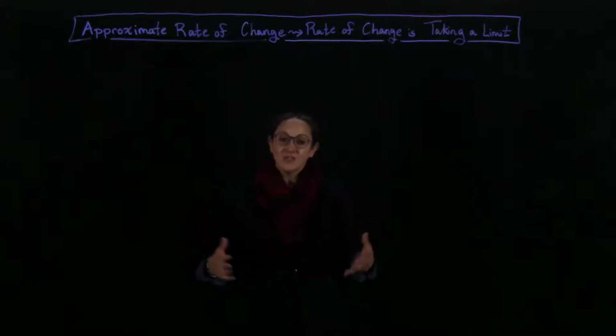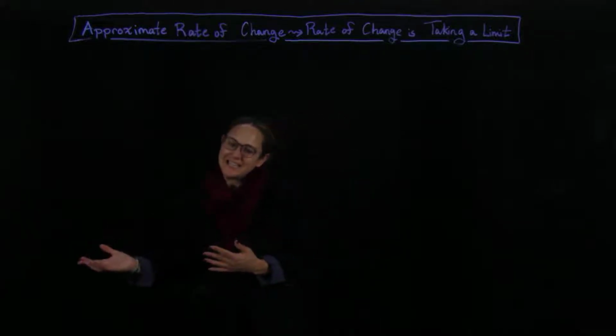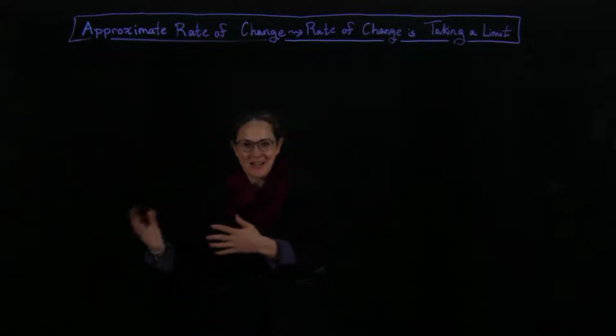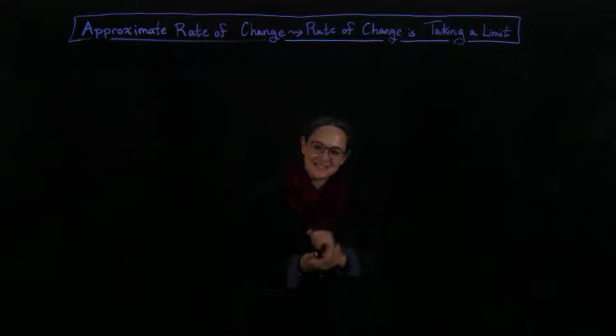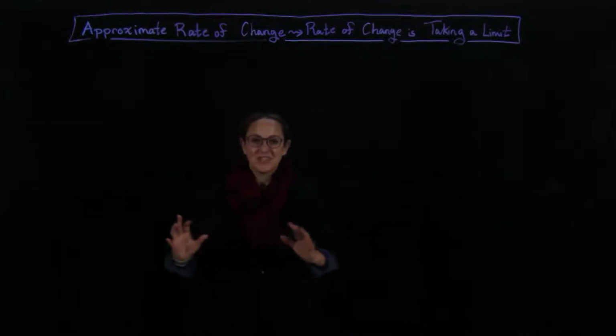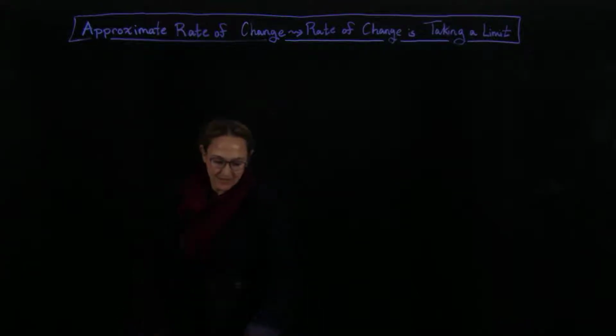Welcome. If you recall, in the last lecture we looked at zooming in at the time t equals 5 in order to change from looking at an average velocity to an instantaneous velocity. In this lecture, we want to shift that into what it means in terms of a limit. So last time,